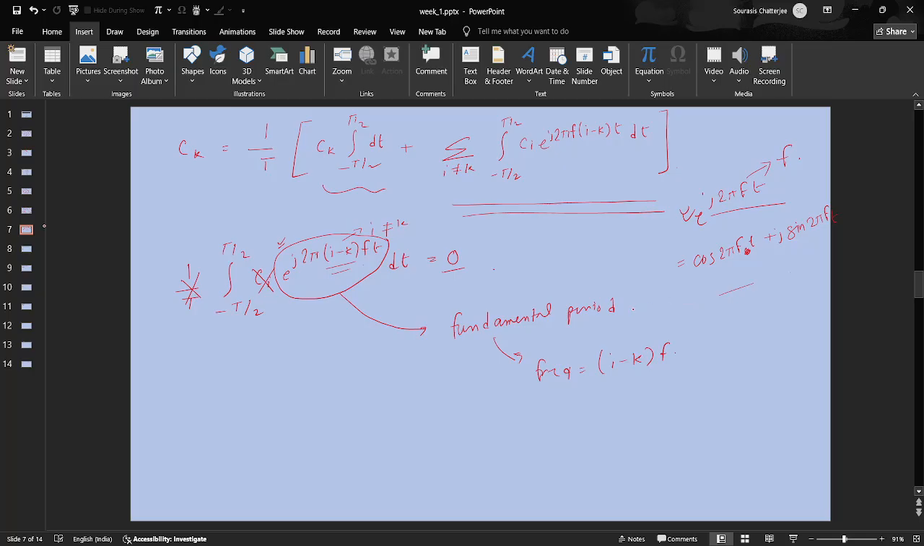And what is my fundamental period? Reciprocally, one over that, right? That is (i minus k) times f. And what is my 1 over f, by the way? T, right? So the fundamental period is T over (i minus k). And i is not equal to k, so i minus k is an integer, 1, 2, 3, like that. So essentially this integration reduces to